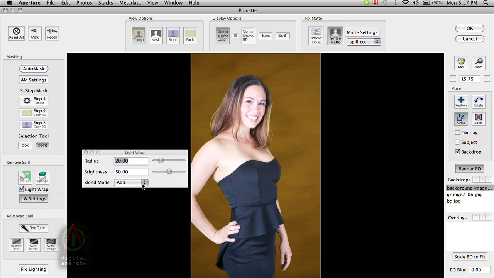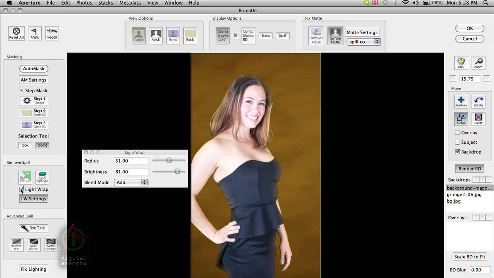And in this case, I'm going to set it to add, so it's very apparent what's happening. You will probably not want to make it this obvious. So you can see the background starting to wrap around the edges here, and especially affect the lighter areas of the image. And if I increase the radius, it's going to account for more of that. You can see that really wrapping around the edges here. Now this is way too much, but I just want to show exactly what's happening when I say it's wrapping around the subject. And if I turn light wrap off, you can see the original, you can see the affected version,